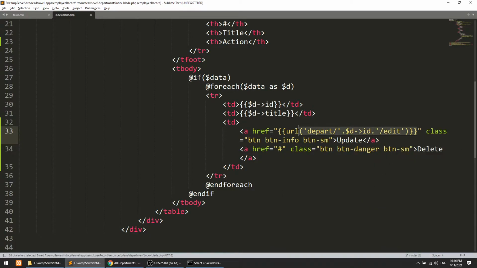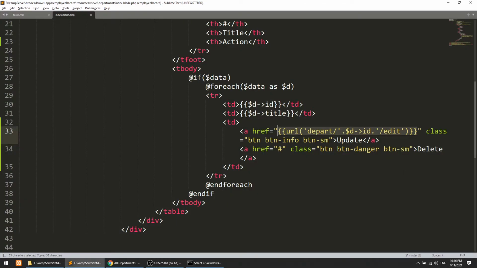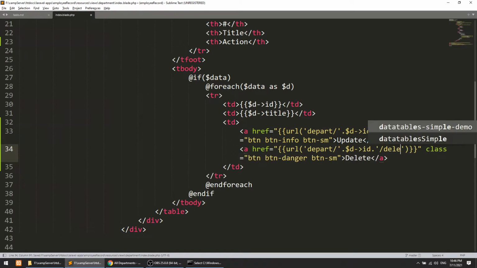Similarly we will do this for delete. According to the route it is calling the delete method, but we can also delete the data with the get method. So I will prefer the get method. I will copy this and paste it here, and here we will simply define delete.